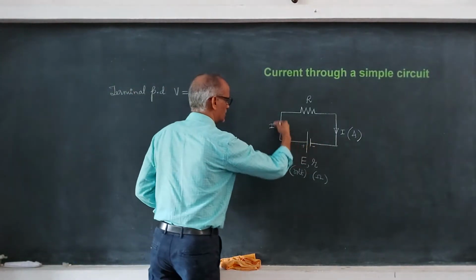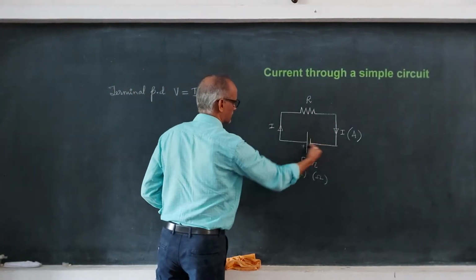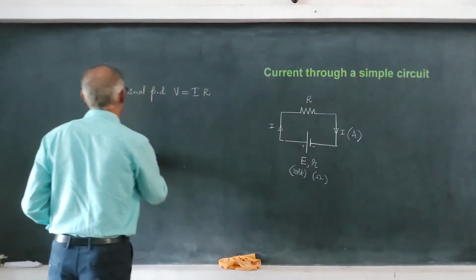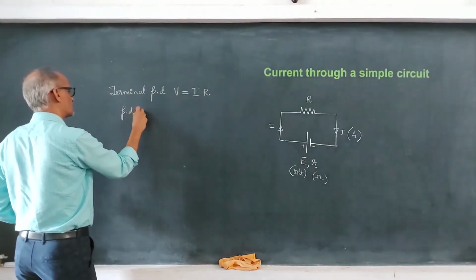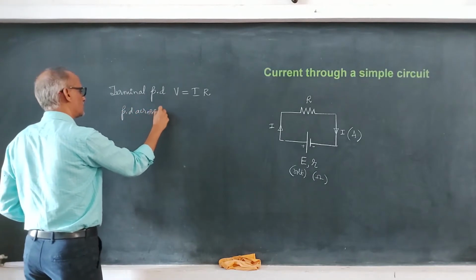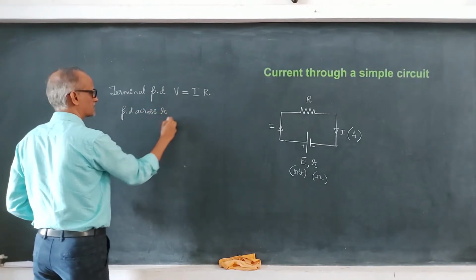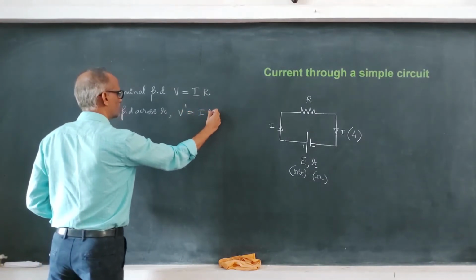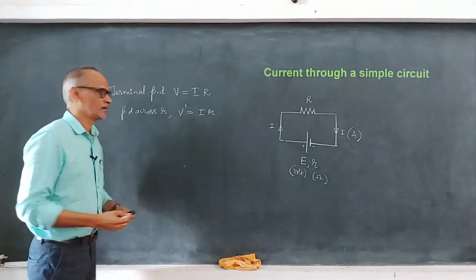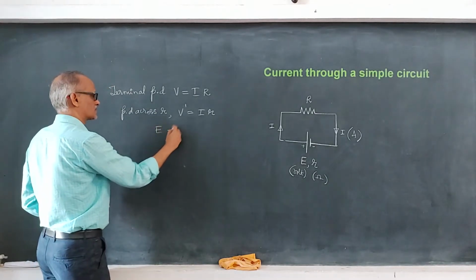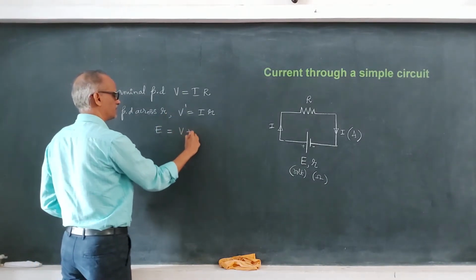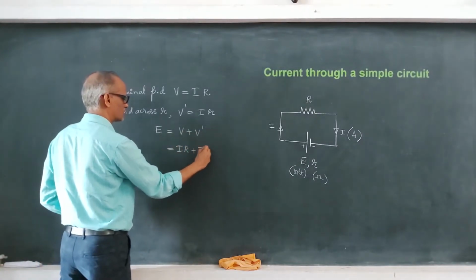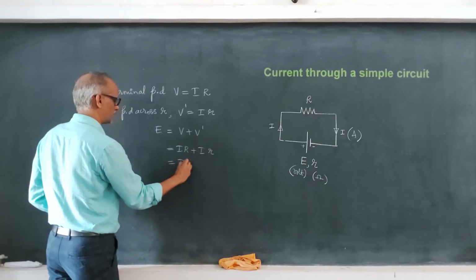And throughout the circuit, the current is the same, whether it is through the external resistance or even through the internal resistance. Now, what is the potential difference across the internal resistance? I will write that as V dash, which is equal to I into small r. And EMF is always the sum of these two potential differences, E equals V plus V dash. So, V is equal to I into capital R, V dash is I into small r, I is common, we will get R plus r,